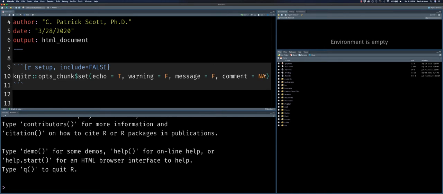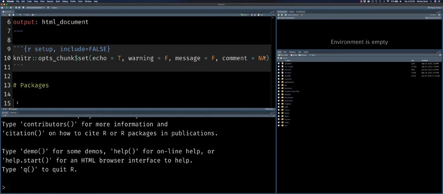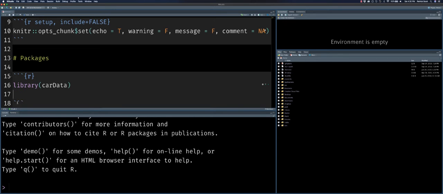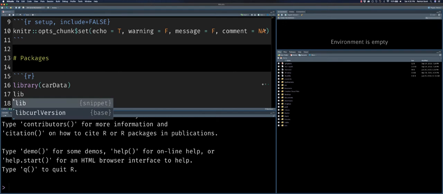Alright, so once I've got all that set, then we're going to load all of the packages that we want, and all the ones that I anticipate wanting here, I'll go ahead and load. You'll need to install these if you don't have them. The data that we want is actually going to come from the carData package. This is a supplementary package to car, and it has a whole bunch of data files in it for various different econometric examples. We're also going to want ggplot2,